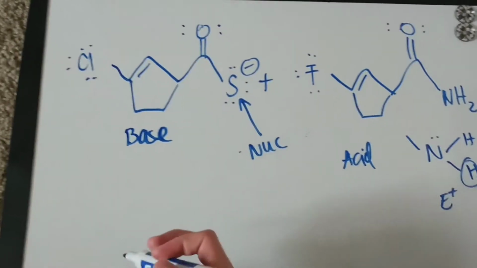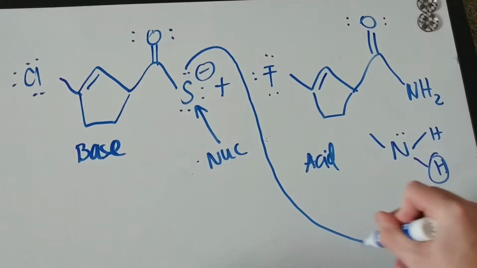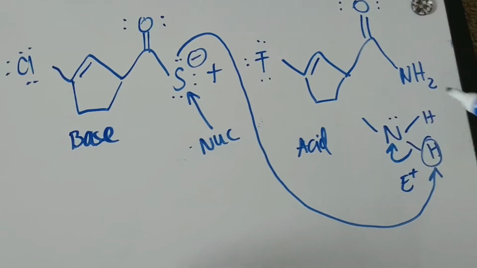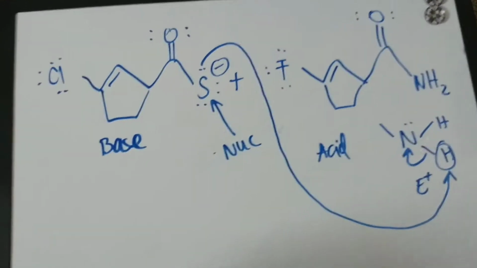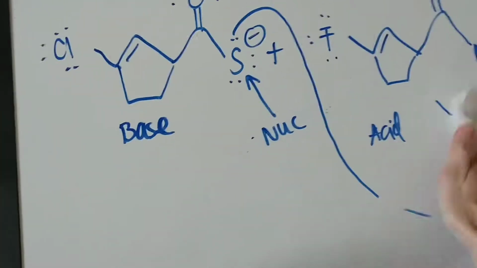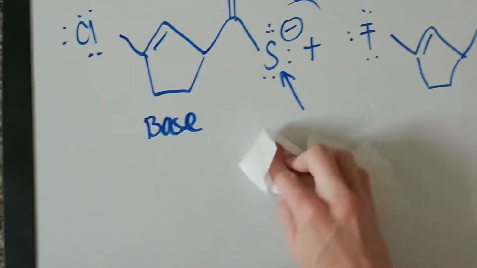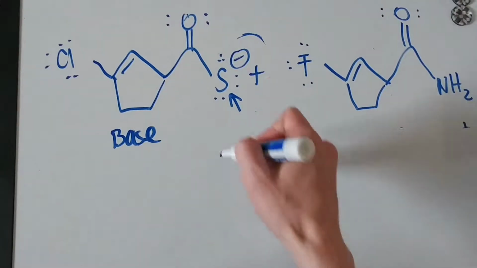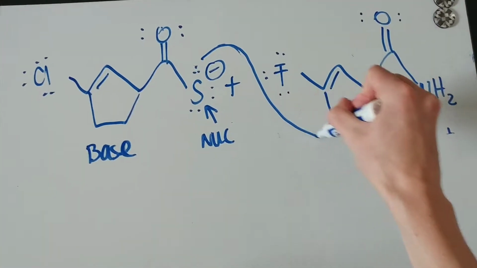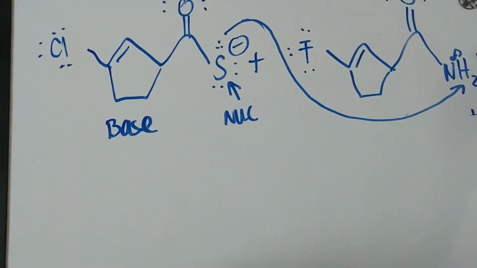So we're going to go ahead and draw the results of taking this proton here and then breaking this bond and giving it to the nitrogen. Write this smaller. So we would get